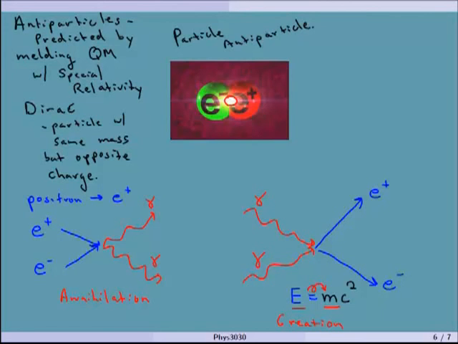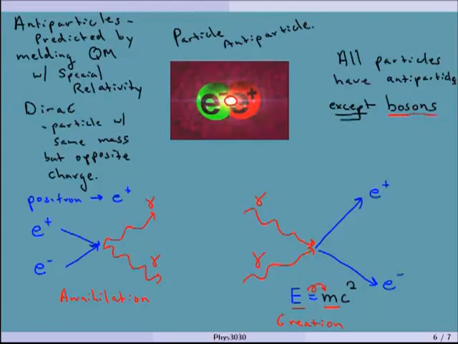Okay, and all of those particles that I showed have antiparticles. So there's antiquarks and things like that. Except, this is really important if you haven't guessed, except the bosons, except those intermediate bosons. And those don't have antiparticles. Okay, so it's all of the things that sort of make up the matter, not the ones that are exchanged in between.